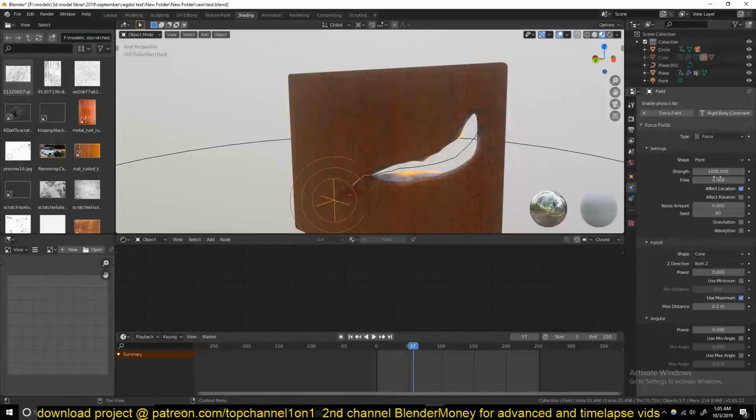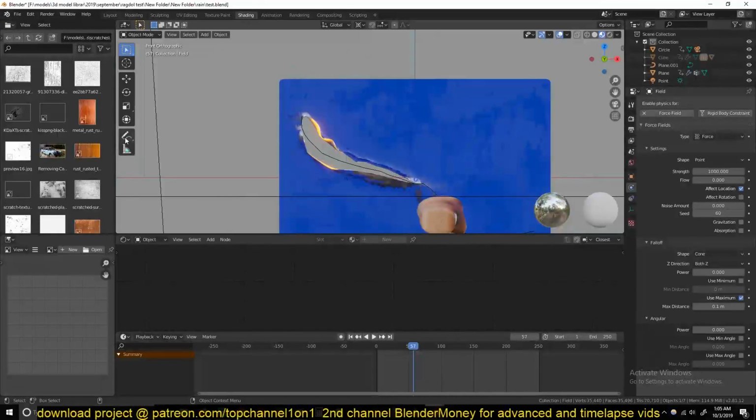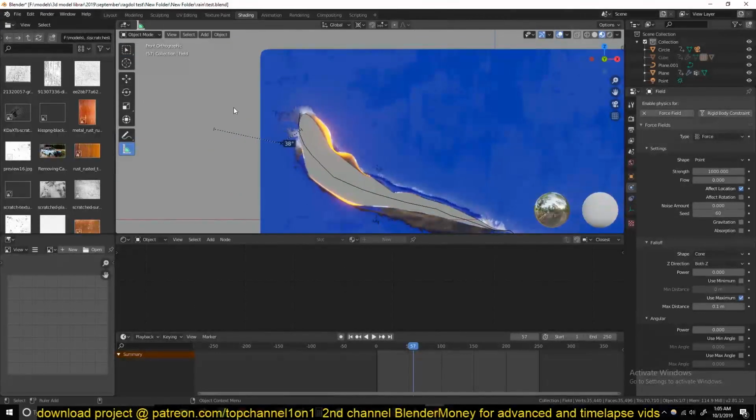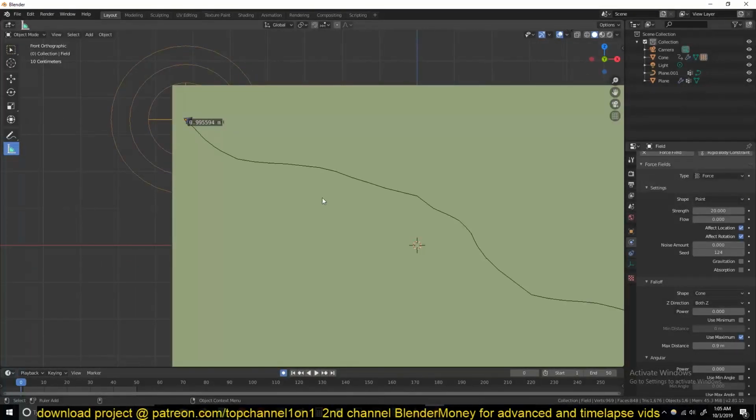So the force was quite high, and I used a maximum distance of 0.1. Let me see how the scale of my things is here. So this is about 0.1. The tear was about 1 meter. So let's see how big my tear is. I think this might be a bit